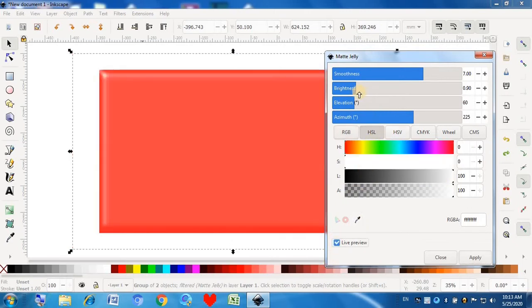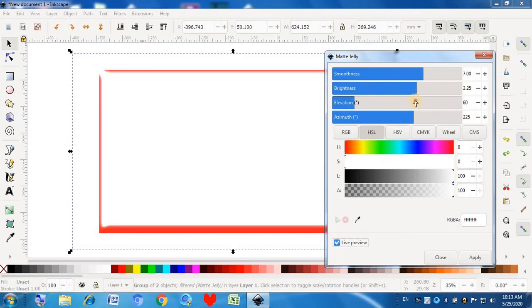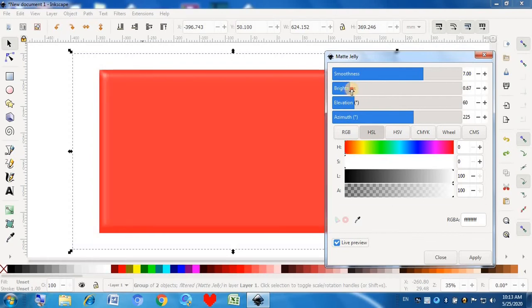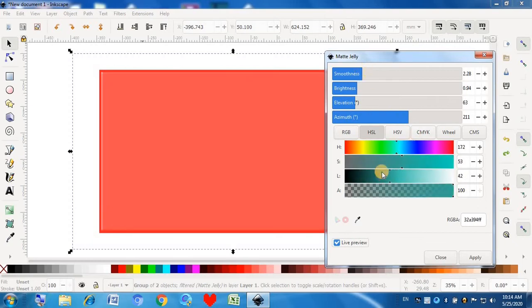Live preview. Okay, it's pretty much working. See, it is adjusting its brightness. Okay, this one works properly. See, you can adjust its brightness like this if you want it to be pretty bright inside. See, this looks cool, right? Elevation and much more. Smoothness is a great tool. Here as you can see, now the highlights are decreasing a little bit and you get that special thumbnail look. So this is a great option, right?